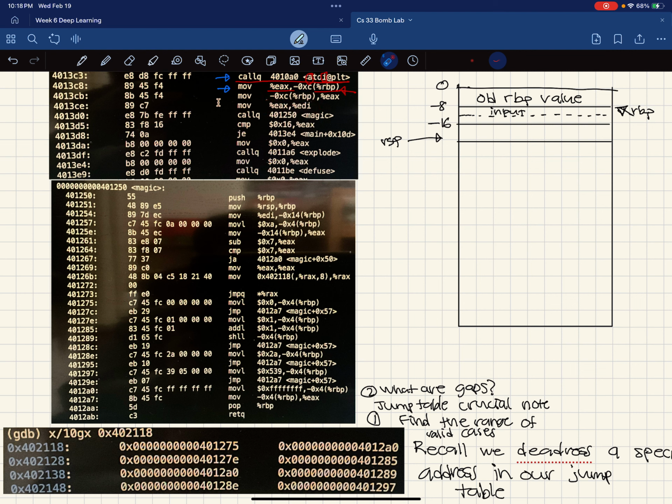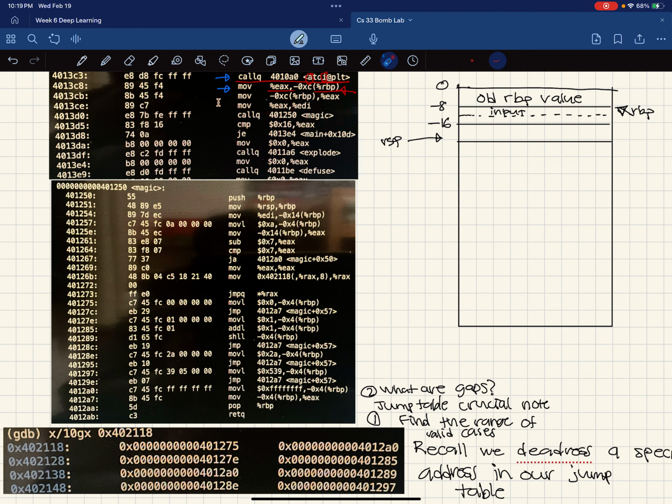Another important bomb lab concept is what registers correspond to arguments. So RDI is actually the first argument. So now we know that magic takes in one parameter and it will be RDI. Why not 2 parameters? Why not 3 parameters? Well, we're just going to make that assumption because we don't see any RSI, which would be the second parameter. Okay? So based on that, we're going to call this with the parameter of our input,